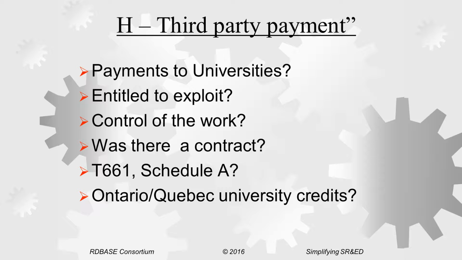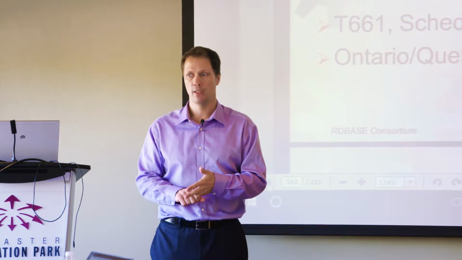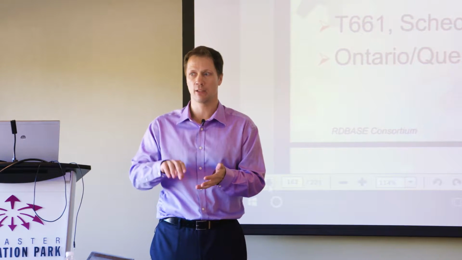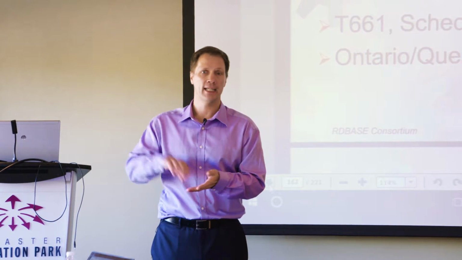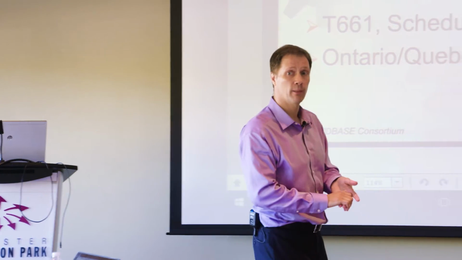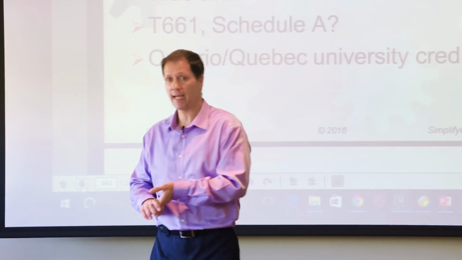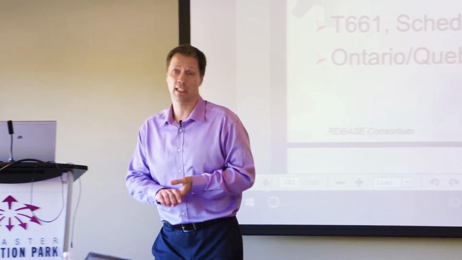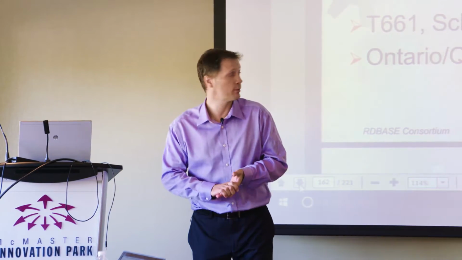We're just one of several participants who throws the government money to do something. That automatically qualifies. You don't have to write up a project description. There's a simple form called the third-party payment form. Not only do you get your full credits, in Ontario you get an extra 20% fully refundable provincial credit, both large and small companies. It's called the OBRI. And in Quebec, significant credits as well, 17 up to 35%.